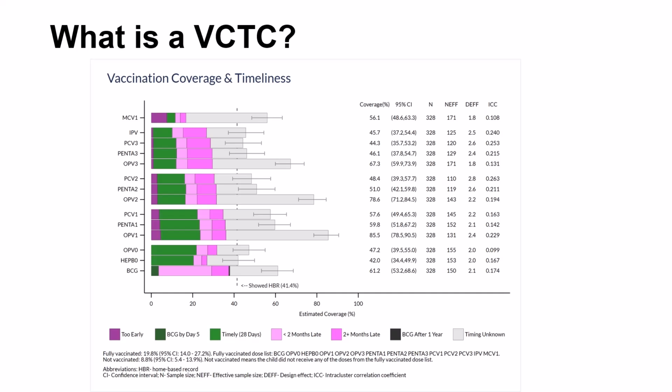VCTCs are one type of figure produced by the Vaccination Coverage Quality Indicators, also known as VCQI. VCTCs summarize information about vaccination coverage and timeliness in a survey stratum, such as a nation, province, state, or district. The information in VCTCs may be particularly useful to vaccination program managers and evaluators who want to identify program strengths and challenges. The VCTC we'll use in this video summarizes actual state-level data from a recent Demographic and Health Survey.